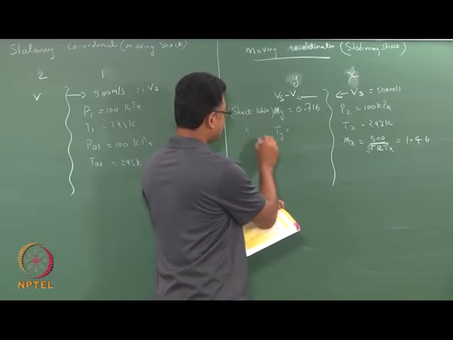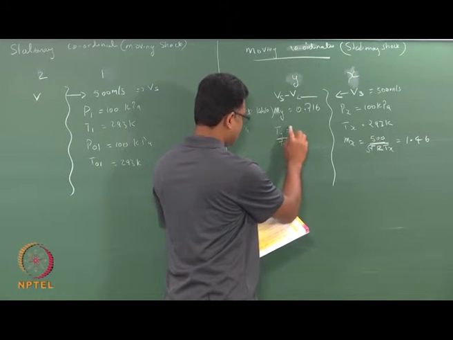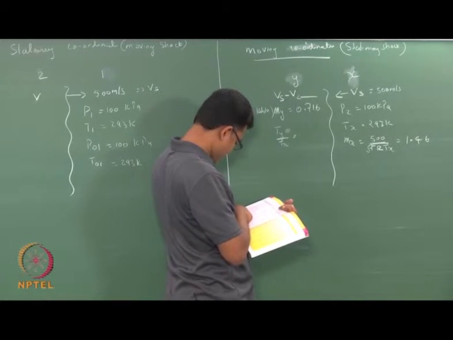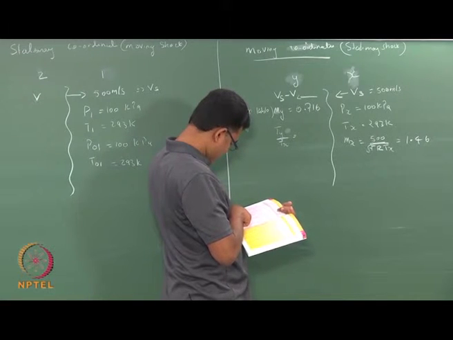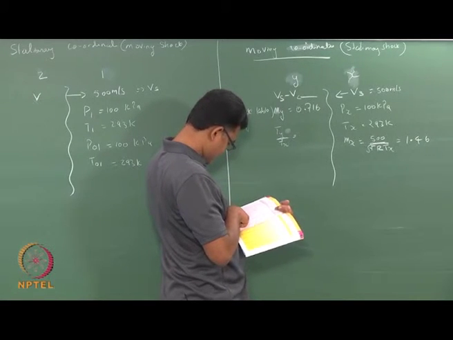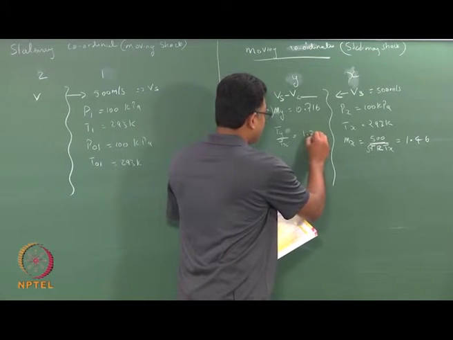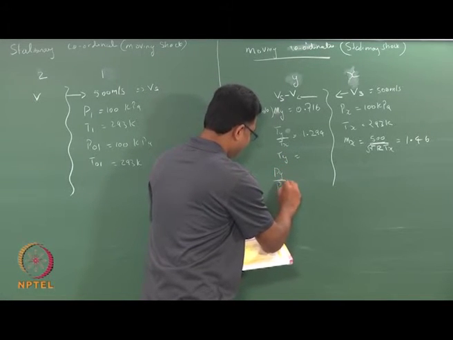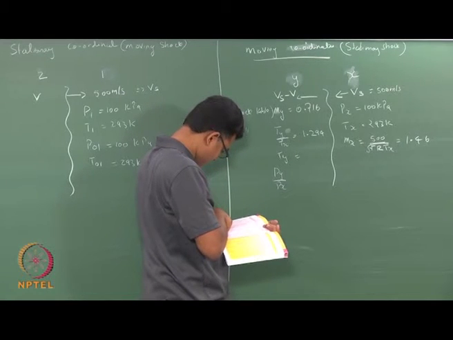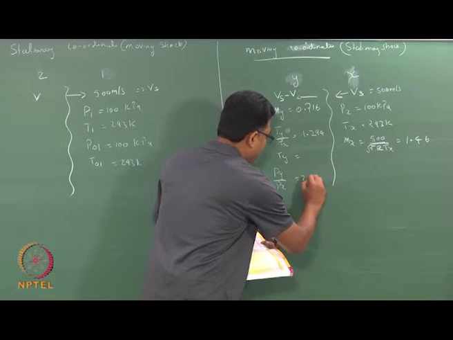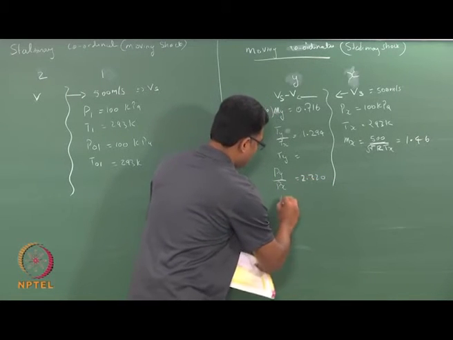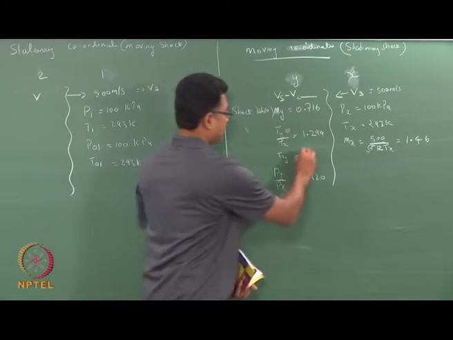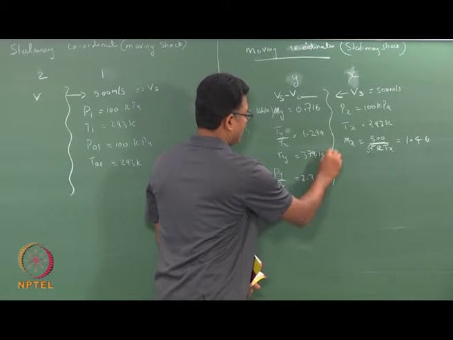So Ty by Tx for 1.46 is 1.294, hence my Ty is, and likewise my Py by Px is 2.320, and hence my Py is 379.14 Kelvin, and